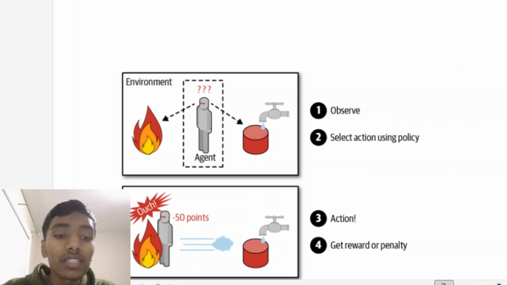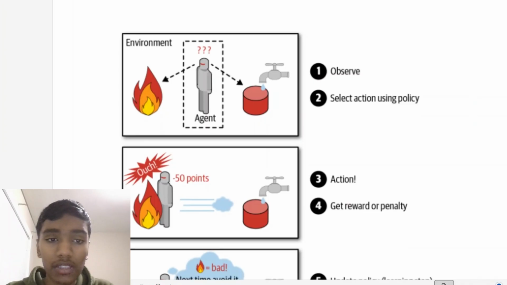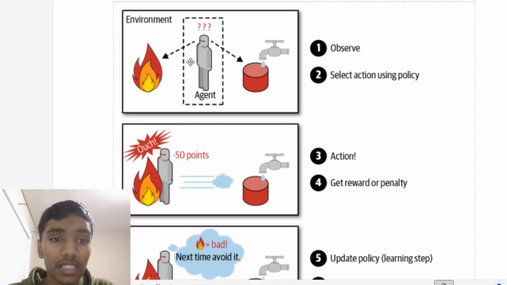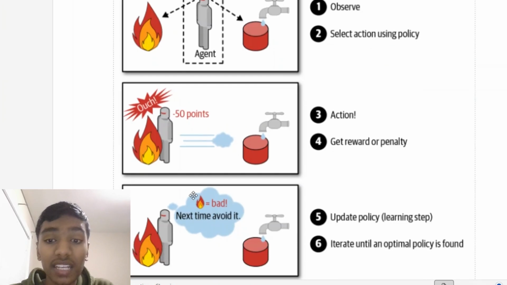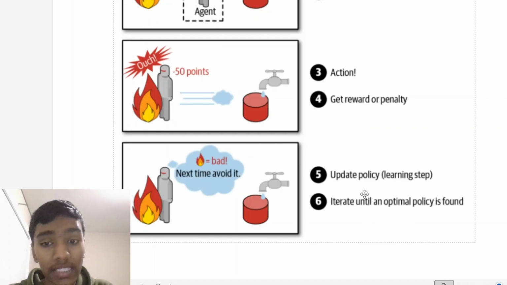All right, and so you see here this example with this picture. By the way, all these pictures that I'm showing are located in the book as well, so you can take a look at them there. But you see here that we have an agent, and the agent sees, okay, we have fire and we have water. Which one is better? So it's going to observe that, and it's going to select an action using its policy. Then it's going to perform that action. It's going to get a reward or a penalty. Here we see in this case, it's getting a negative reward. A negative reward is simply a penalty. And so since it touched that, it's saying fire equals bad. Next time, avoid it. It's going to update its policy, and then it's going to iterate